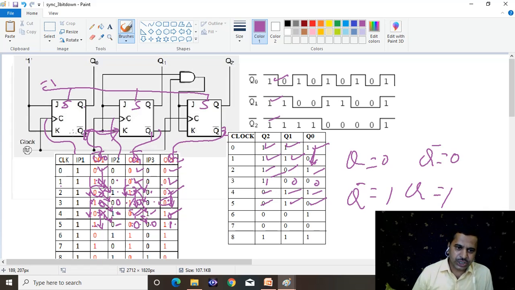Because you are evaluating the Q bar, the output is always opposite to that one, that is Q naught. Okay, Q bar and Q bar. At the end of the fifth clock cycle, now we have to evaluate the output transferred to the input. It becomes 1, and this becomes the product of these two outputs, 0 and 1. 0 into 1 is 0 only.